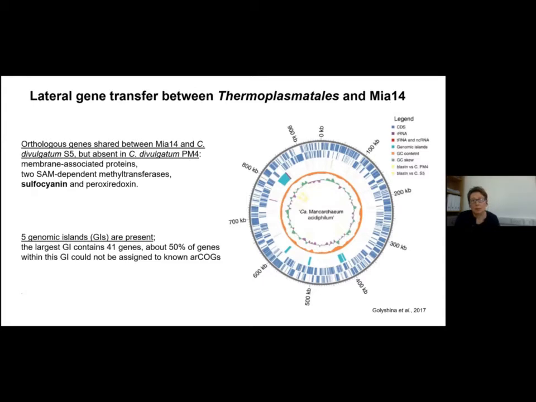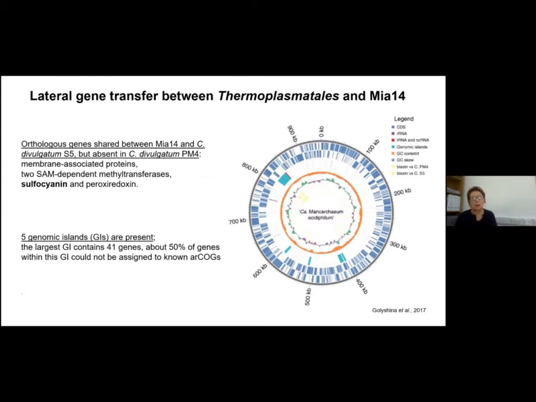And the presence of these genes in MIA14 and absence of these genes in Cuniculiplasma divulgatum actually point to quite close evolutionary history of these organisms,